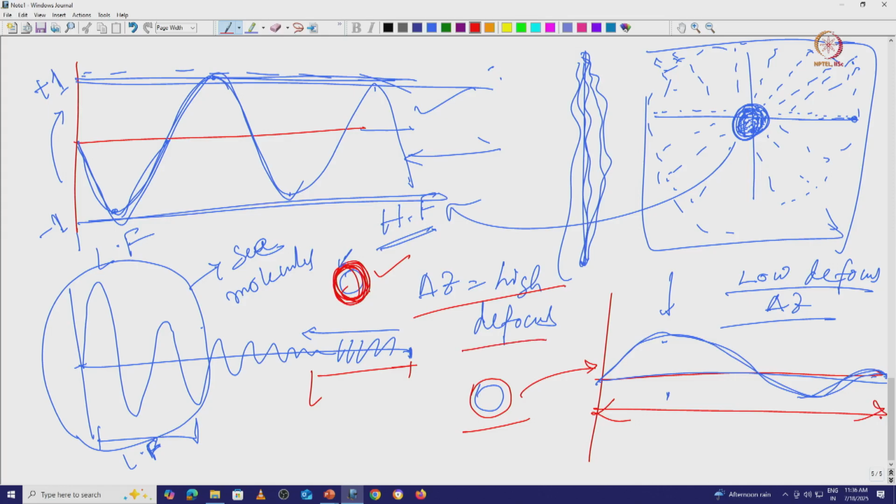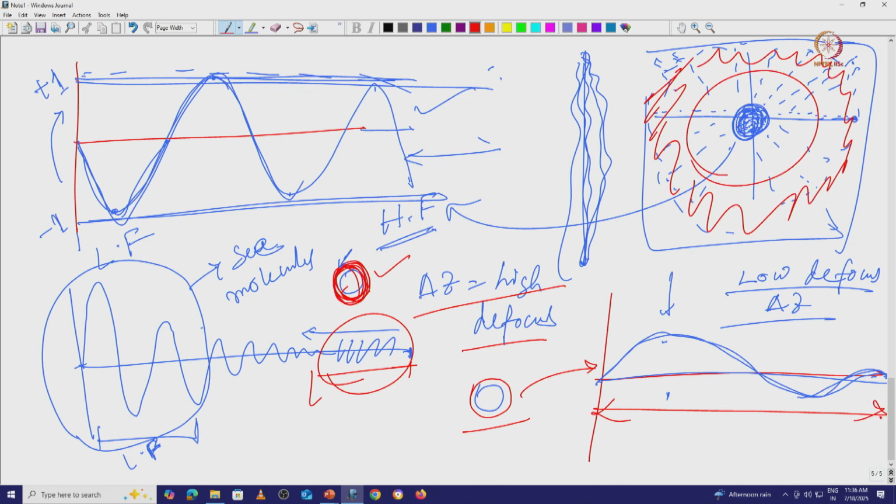So you can consider that if you use a very high defocus value, it is good for your eye, you can see the sample properly, but you are losing the high frequency signal. So you cannot get a high resolution structure because you are limiting your signal. But if you go for a very low defocus, that is not good for our eye, we cannot see the sample properly, but you can restore all this high frequency signal.